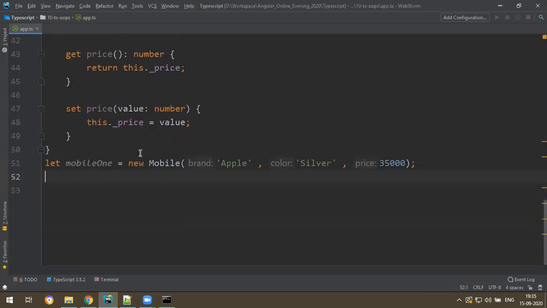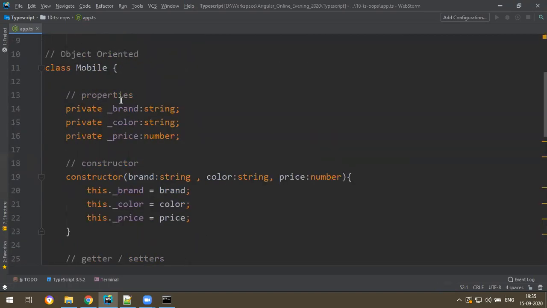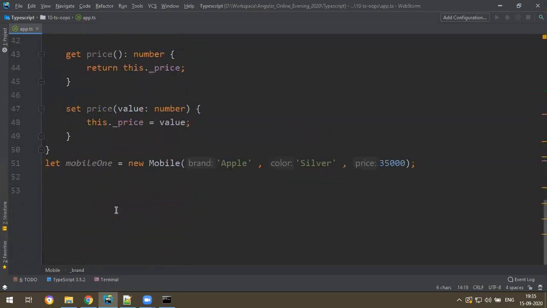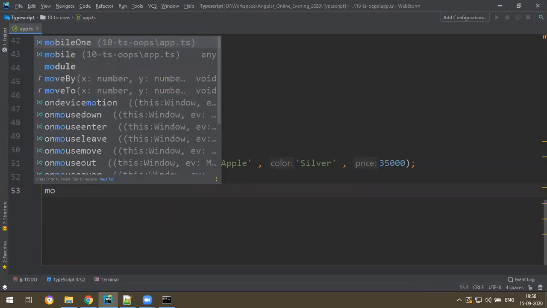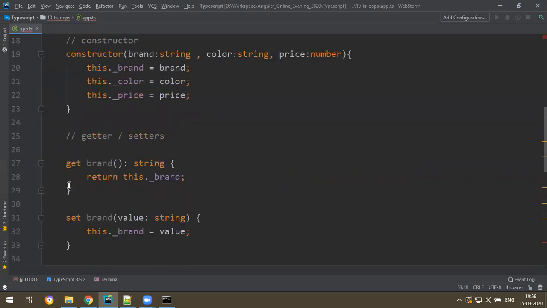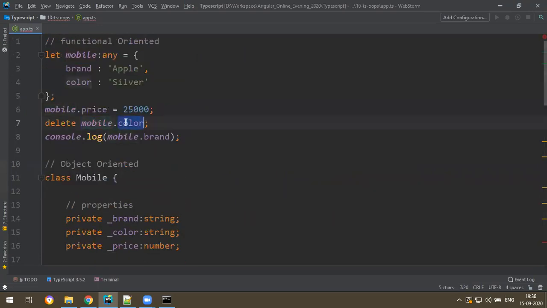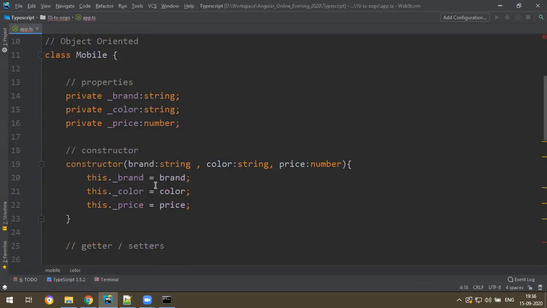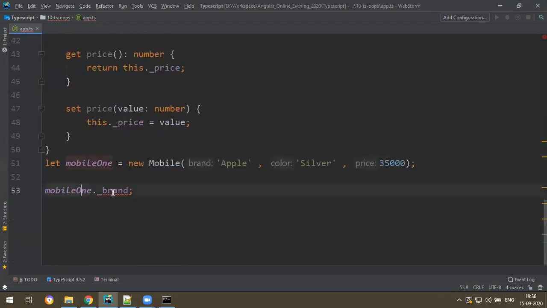Moreover, if you want to access an individual value, you can't directly access the _brand. For example, I say mobile1._brand, just like mobile.color, which you can access directly, right? But I also have _brand as a property. Can I say mobile._brand?